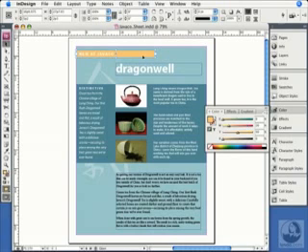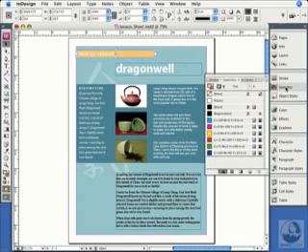Unfortunately, there are two other problems with using the color panel, even if you're typing in colors from a swatch book. First, it's difficult for someone else looking at your document to tell what colors you've used. Is this an RGB color? Is this a CMYK color? Because they're going to be looking in your swatches panel. And you see that color does not appear in my swatches panel. Why? It's because it's called an unnamed color. Whenever you add a color interactively like that in the colors panel, it becomes an unnamed color.